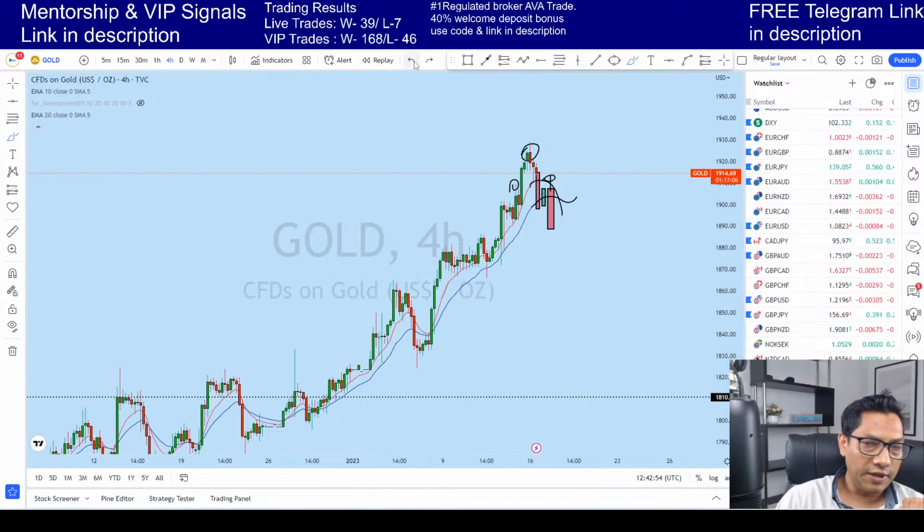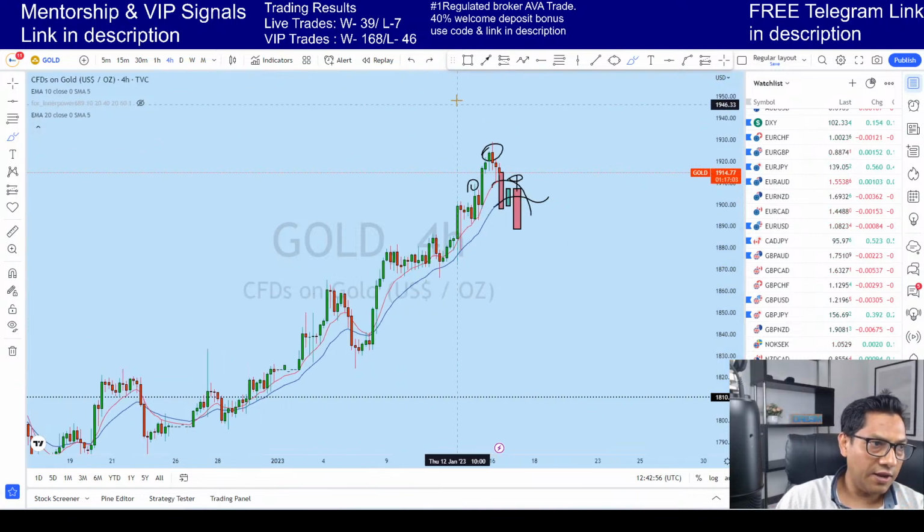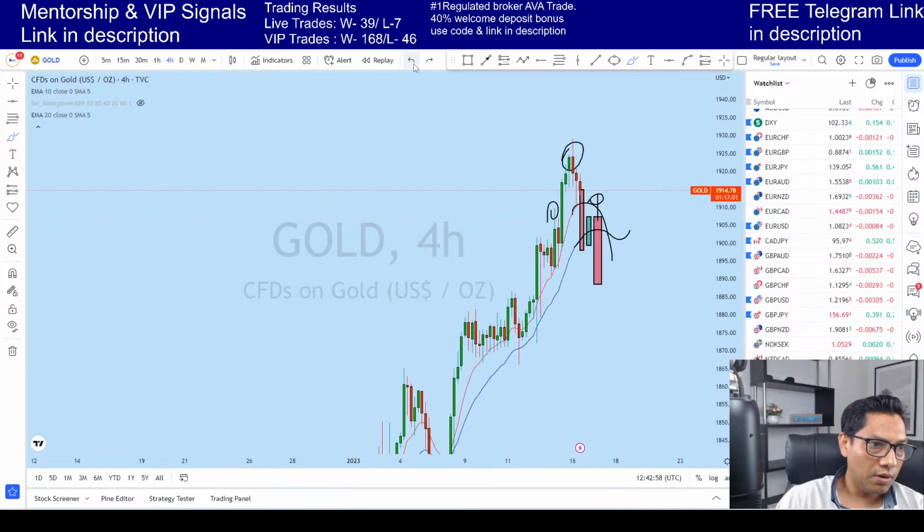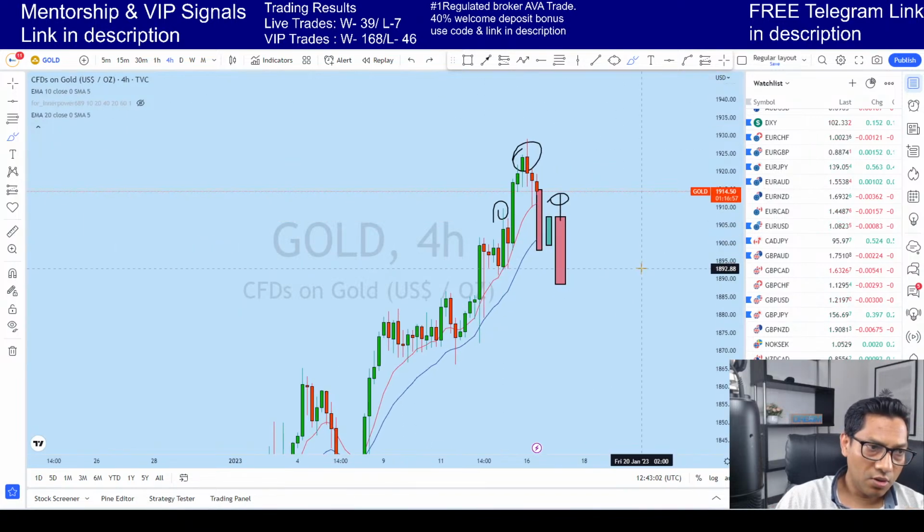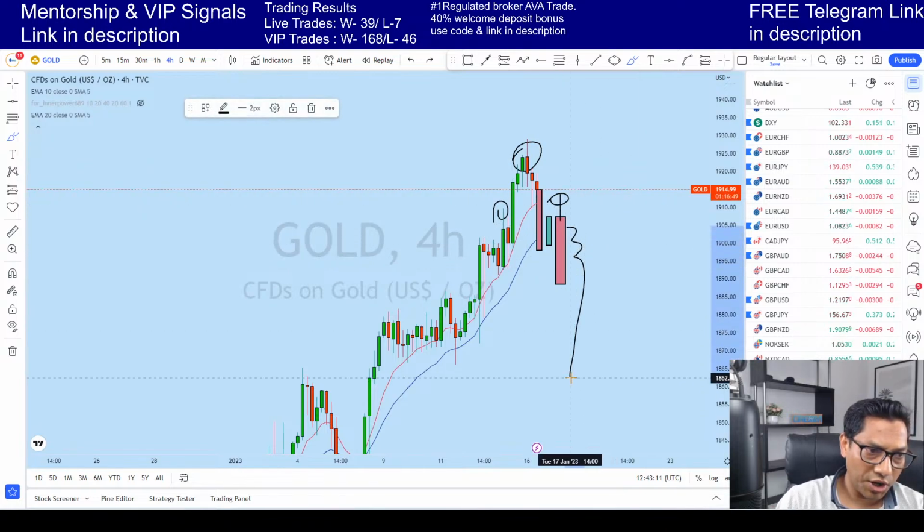If it forms this kind of head and shoulder, which is a very high probability to happen, and once the price breaks down,